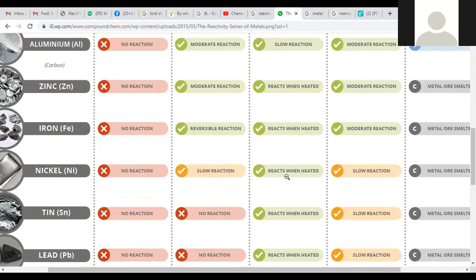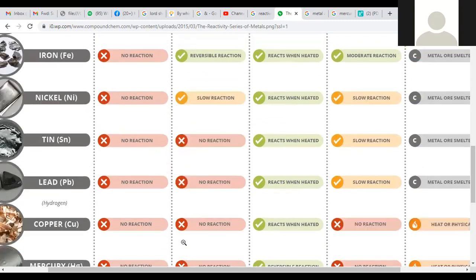And in case of nickel, it reacts upon heating, just being that all these are members of D block elements, all are having similar reactivity towards oxygen. Nickel treated with oxygen, nickel oxide will be generated upon heating, and nickel reactivity towards acids is somewhat moderate in nature. And metal ore smelting, here also extraction and refining is possible by the process called smelting. And tin